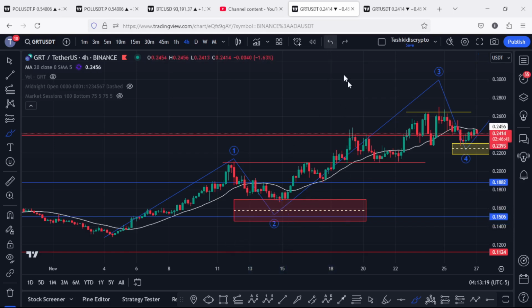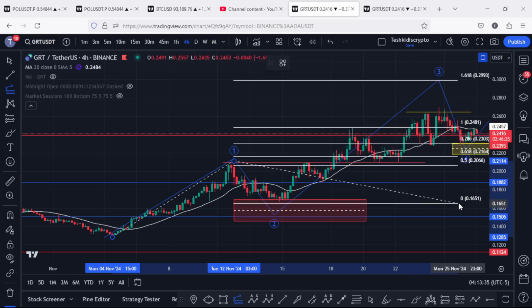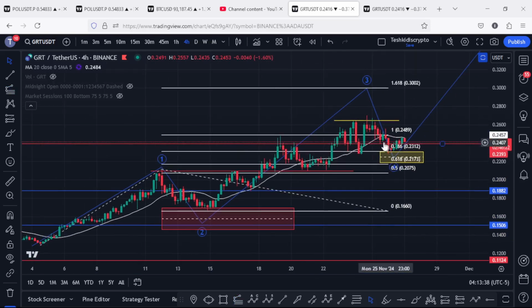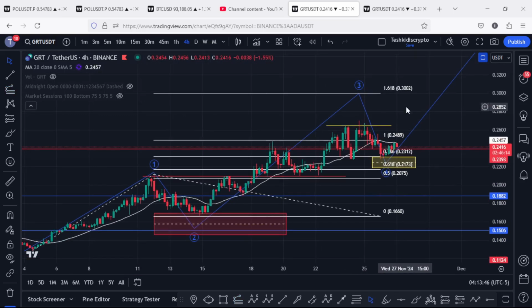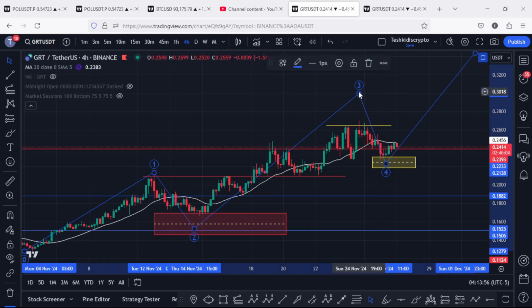an area that gave us a reaction to the upside in an impulsive Elliott wave count 3, whose minimum target areas I gave you by connecting the trend-based Fibonacci from the low of the first wave to the high of the wave 1, then dragging the fibs to the low of the second wave, where you can all see that we only fully maximized the fib ratio 1:1 at the $0.2487, and the most ideal target area lies above the $0.3, an area that we didn't quite fully maximize. And I say to you that there are high chances that this could be the high for the wave 3,